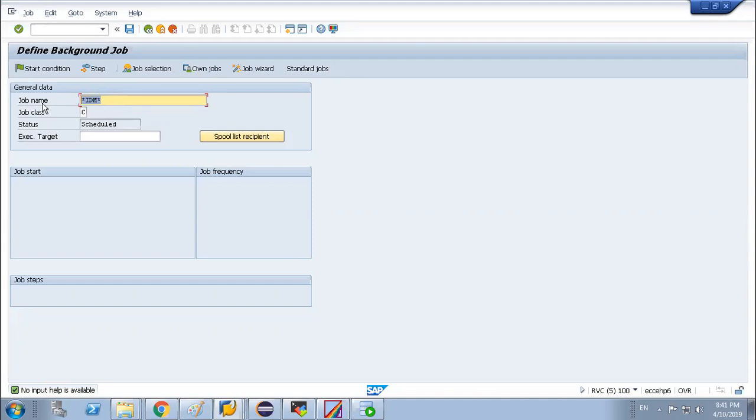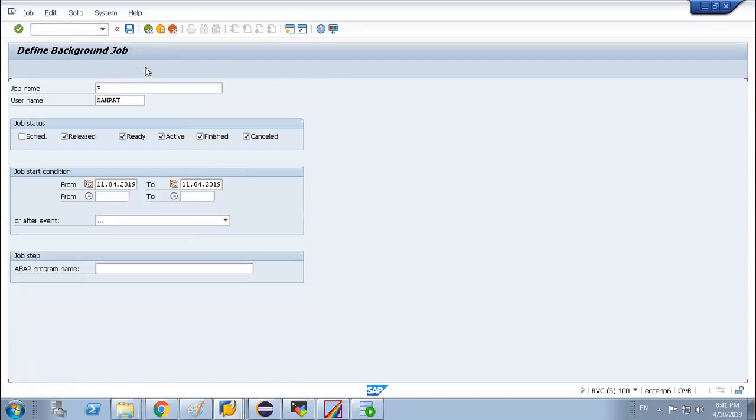We can create an extraction job, HR_LDAP_EXTRACT_IDM. In job selection you can update the ABAP program. What is the program? RP_LDAP_EXTRACT_HR. You can update this program.